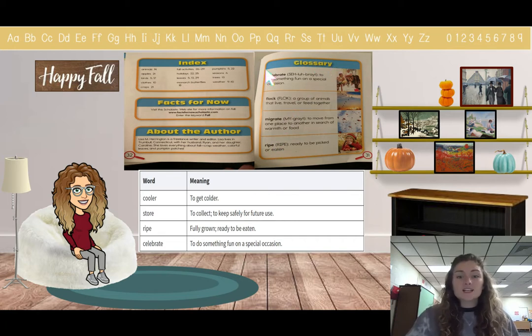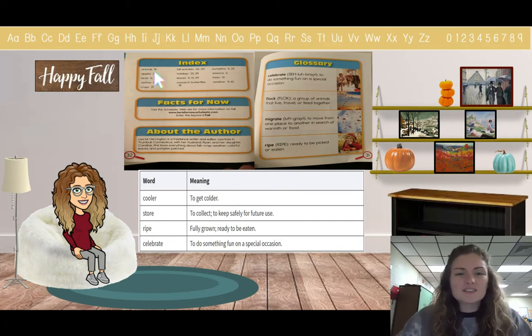So sometimes in a glossary, we will have some words that give us definitions, but other words that we're not given the definition. But if you look over here on this page, this is called the index. Say index. Good job. You're going to have to zoom in a little bit, get really close.